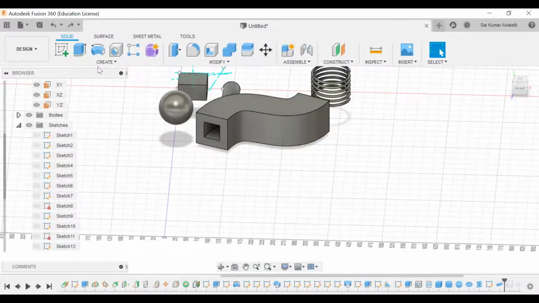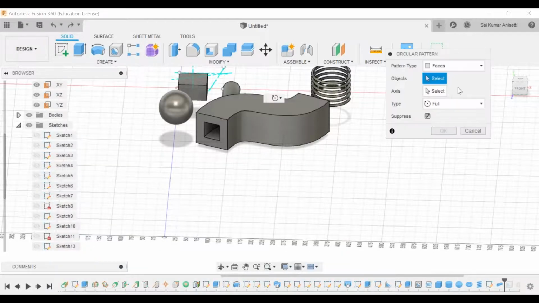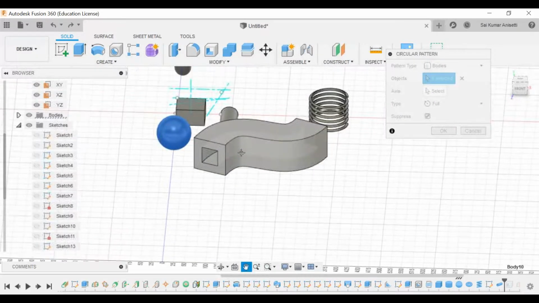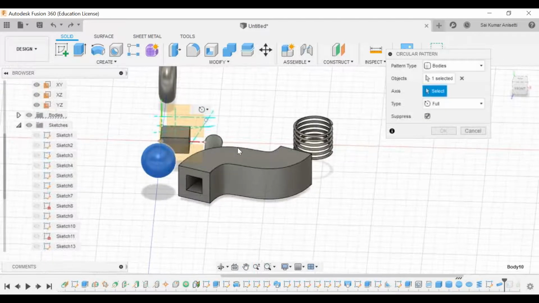If you want to create a circular pattern, go to pattern, circular pattern, and instead of faces, go to bodies and objects to revolve it. Axis, we'll go with Z axis.